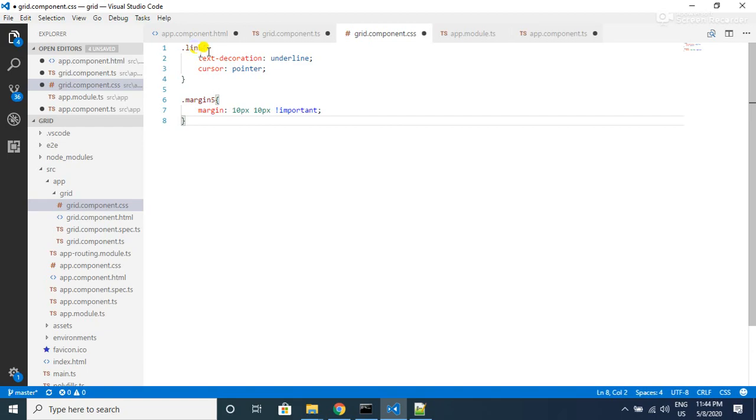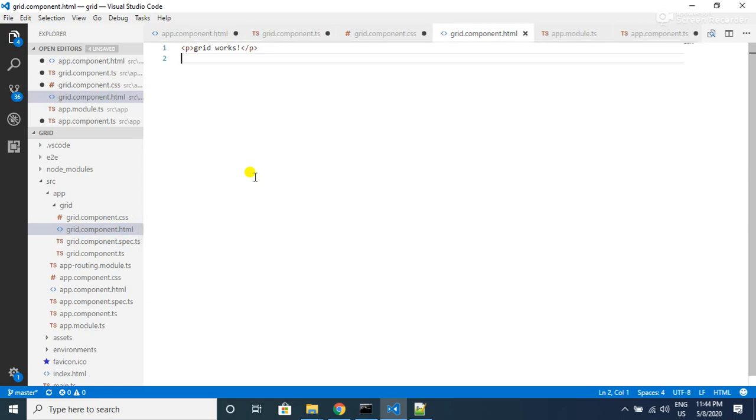These are the two classes that I am going to use. These are custom classes that I have created for this grid, and I am also going to use the Bootstrap CSS classes which I have already installed in my application. Now we have the CSS classes ready, so let's add some HTML code to our grid.component.html so that we will see the grid.